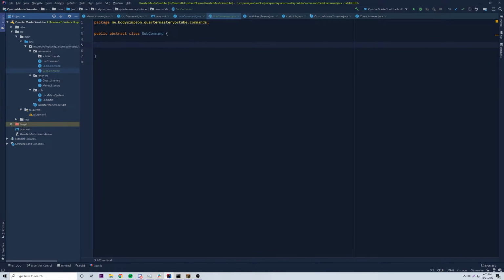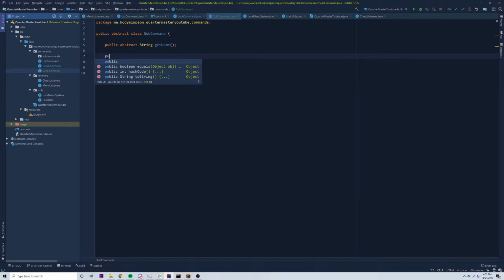So now we just need to establish the definitions for the methods here that we have. So public abstract string get name. So we're only defining the name of the method and its return type, but not providing the implementation for it. So that's important because it's an abstract class. That's what the subclasses of this class will be doing, is providing the implementation. So public abstract string get description,